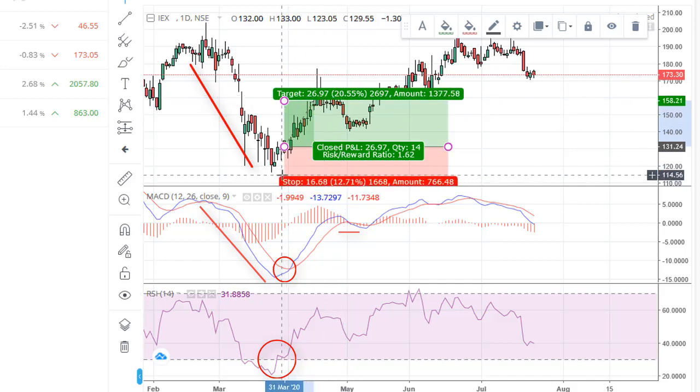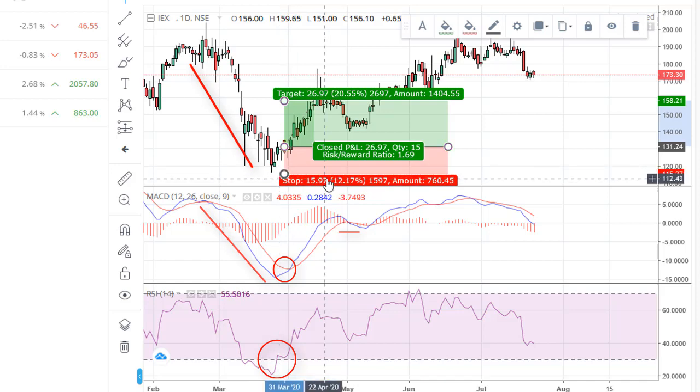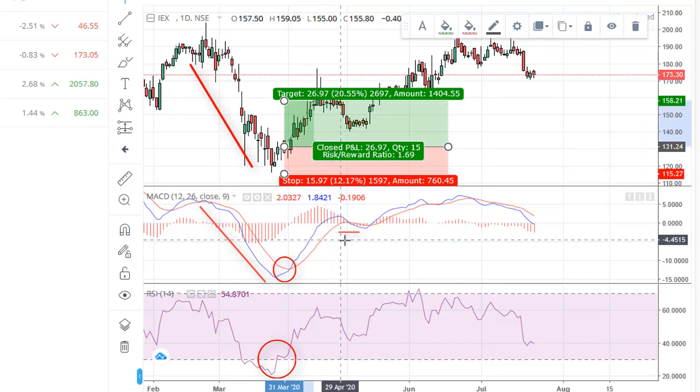If you choose a stop loss, it will be lower than the previous low. This is where I could have kept my stop loss, and you can see it is at 12%. 12% is huge, but as I told you, if you invest only 1% of your margin, 12% is not a big amount. If you're investing 10,000 on this trade, 12% of 10,000 is 1,200, so you could have lost 1,200 and made 2,000 of profit in this single trade. So this is how you can use MACD and the RSI.